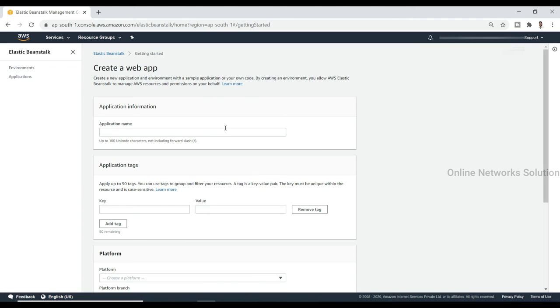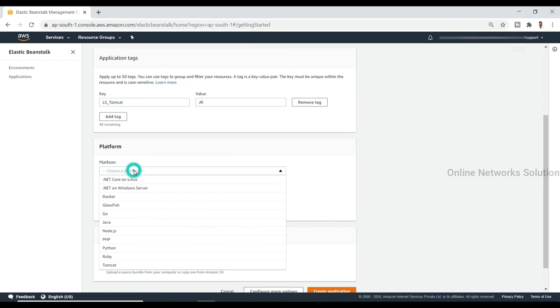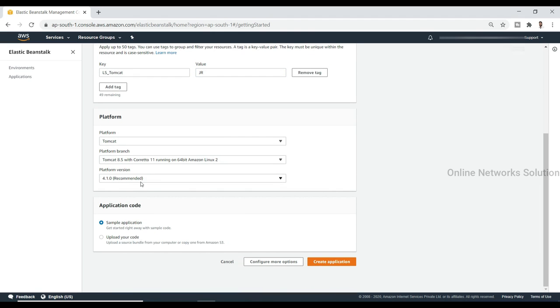After clicking, these kinds of options will be available. Here I will have to select Tomcat. Okay. We will put the key as Tomcat and the value whatever we want to put here. After that we will have to select the Tomcat version. Okay.